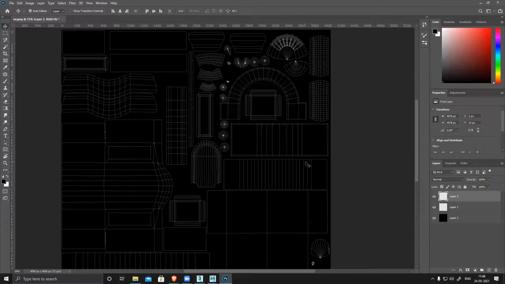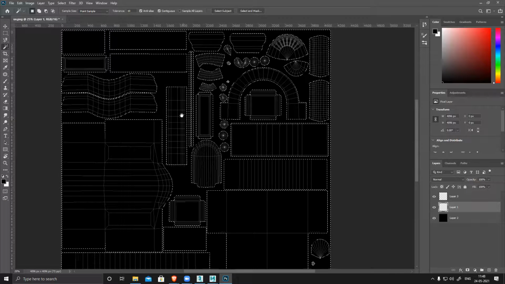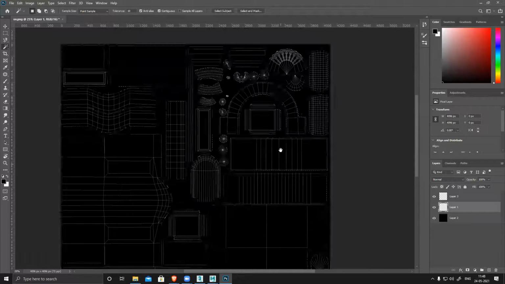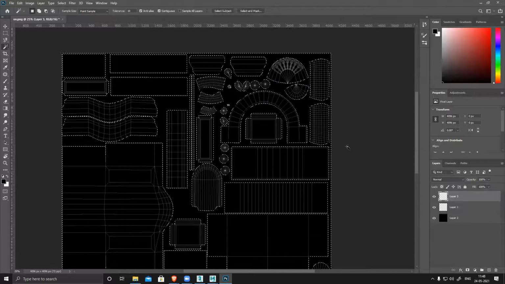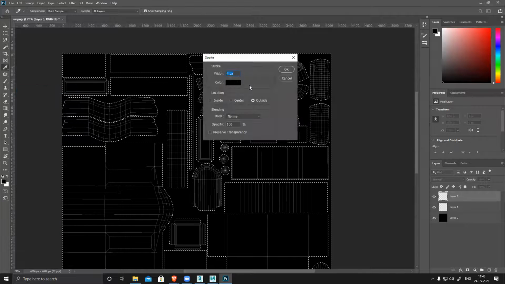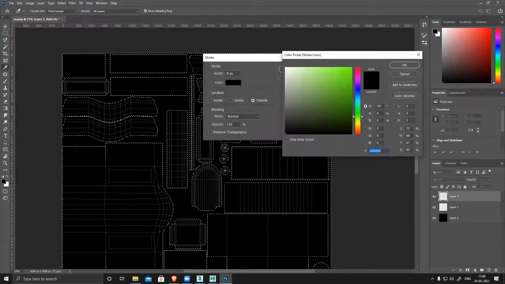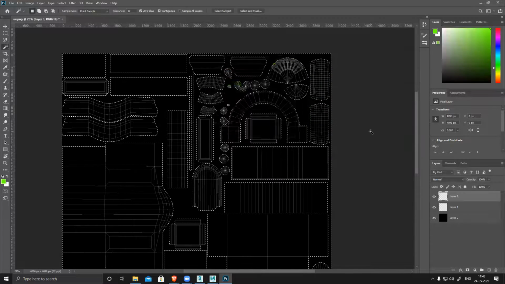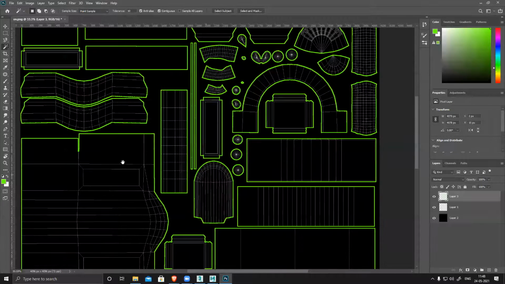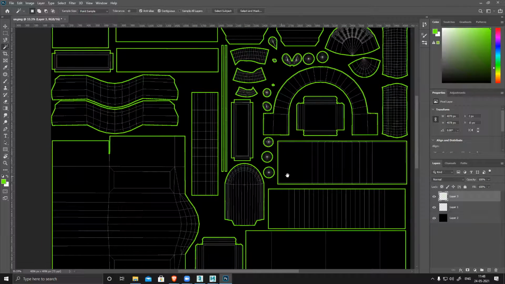What I can do is select this, click on the outside, so all the exterior part will be selected, and go to stroke, and pick a really bright color so that you can see it clearly. Control D. So now check this color if it's overlapping anywhere.